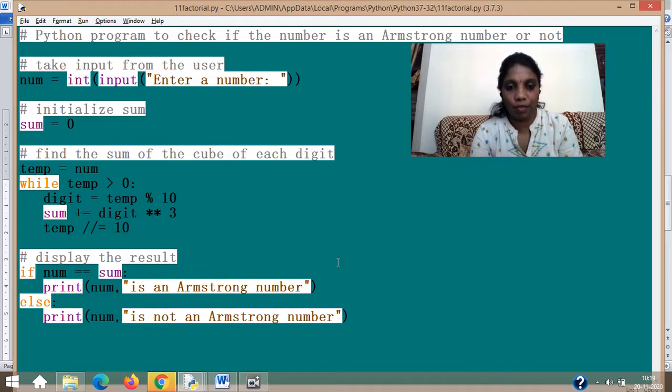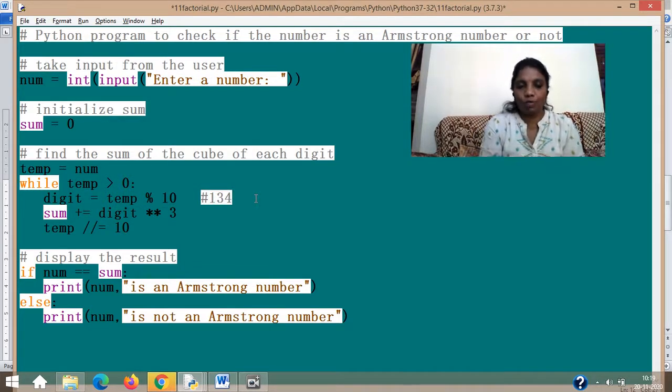So let's imagine we took a number, 134, which is definitely not an Armstrong number, but still I took it and got 4 as the remainder in digit. Now I am supposed to find the cube of that 4. So in the next line, the shorthand sum plus equal to means sum equal to sum plus digit cube, or I can write digit into digit into digit, whichever way.